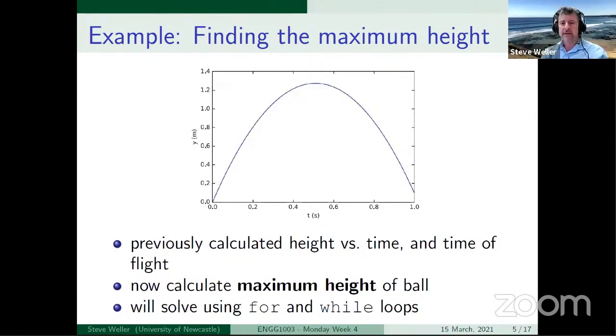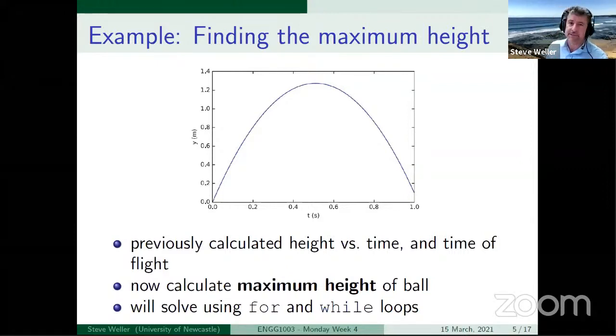Okay, that's context. Let's go back to the particular problem we're solving here now. We've got an expression for the trajectory of the ball, the height of the ball as a function of time. It follows a quadratic equation. We saw that equation week before last, and I'll show it to you again in Python code on the next slide. And the problem is to use for and while loops to find the maximum height. And we're going to use very different strategies for for and while loops. And that's what I'm trying to convey to you today.